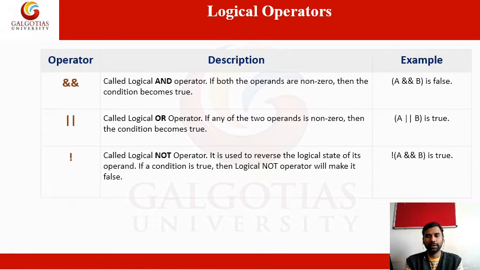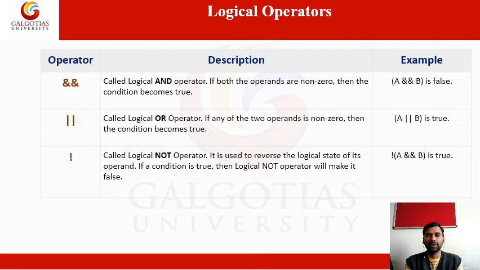Now logical operators. Here you do logical operations: and, or, not. This is called a logical operation, and the result is only a Boolean value. What is Boolean? Either true or false. There are two operands, a and b. Look at this double ampersand symbol. Using the double ampersand symbol, a ampersand b.